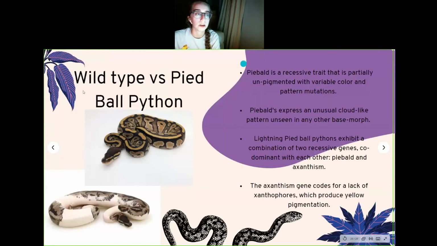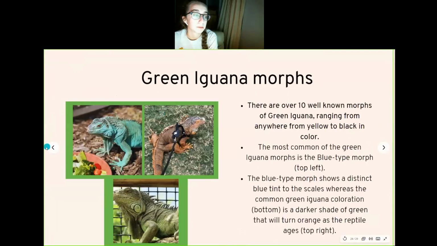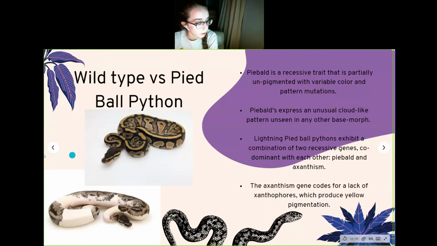Our first example here is the wild type versus the pied ball python. The piebald is a recessive trait that is responsible for partially unpigmented skin with variable color and pattern mutations. The piebald expresses a unique cloud-like pattern that is unseen in any other kind of base morph. Our first guy up top is the base morph, and he has just the yellows, the black color, and the tan color, whereas our guy on the bottom here,